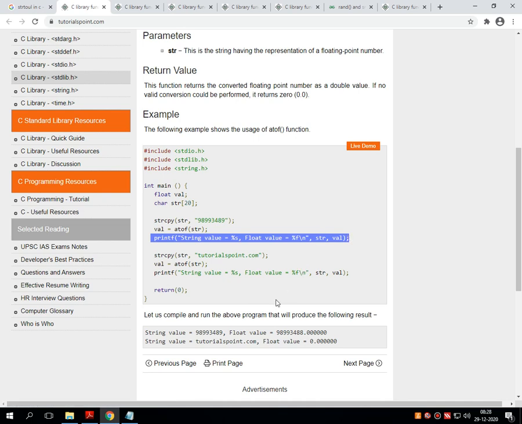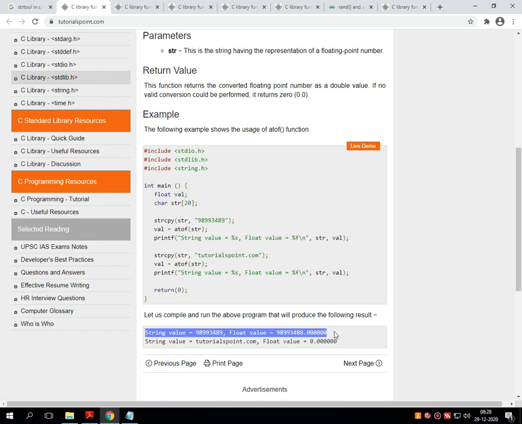So what will be the expected output of this particular program? It is mentioned on the very next line of this code: the string value is equal to the original string which I have given in the variable, written in double inverted commas, and after the conversion into a floating point value, the output will be a decimal, as I have selected on the screen. So this is the functionality of atof.